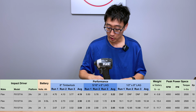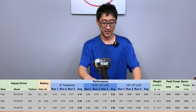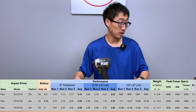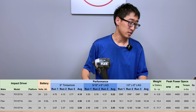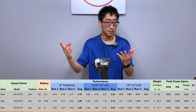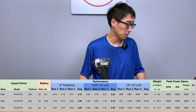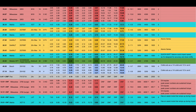So let's go take a look at the performance ranking of these. The total performance number for the 2.5 amp hour battery comes in at a score of 9.41 plus did not finish. How did we get the total performance number? We add up the sum of the averages of the 3 tests, factoring in some variables. So that puts that one right at 16th place. It's the first place in the did not finish, because it couldn't complete the 1/2 inch by 8-inch lag test, but it's right around 16th place, right behind the